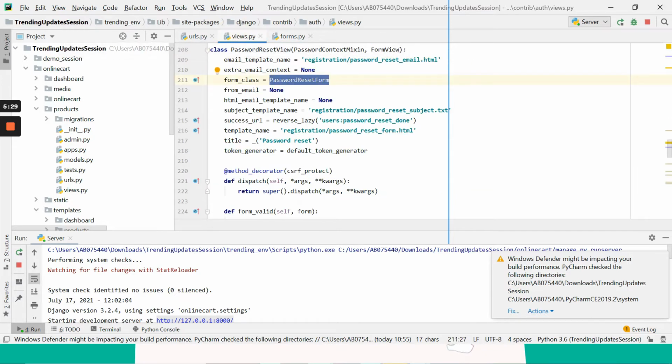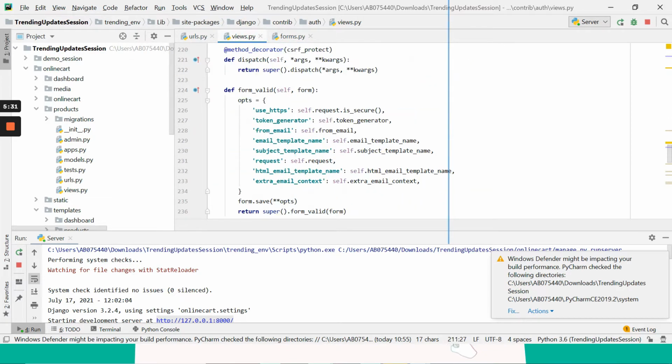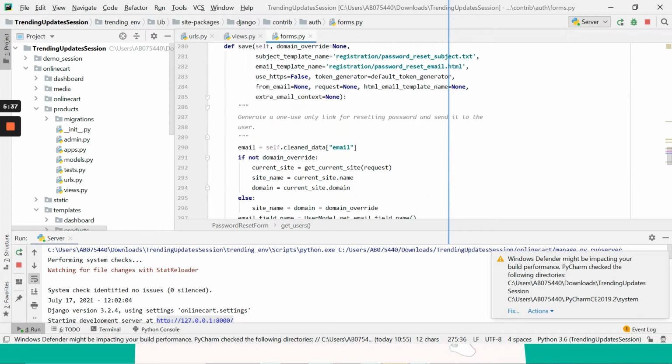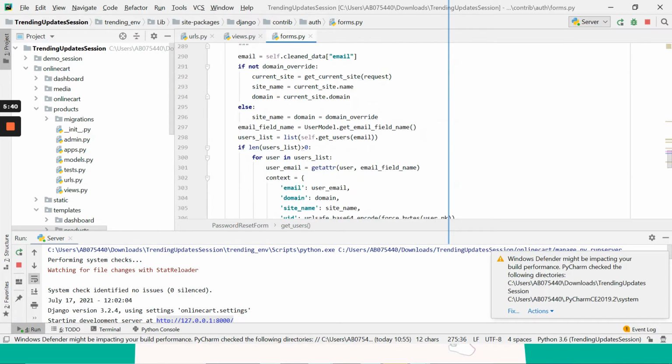So what I simply did is, whenever I had this save, it was returning me a generator. I converted it to a list, so it will give me the entire list of users which are present. Now I am checking if the user list is available.